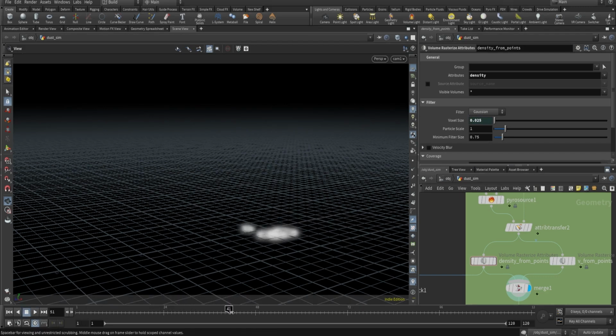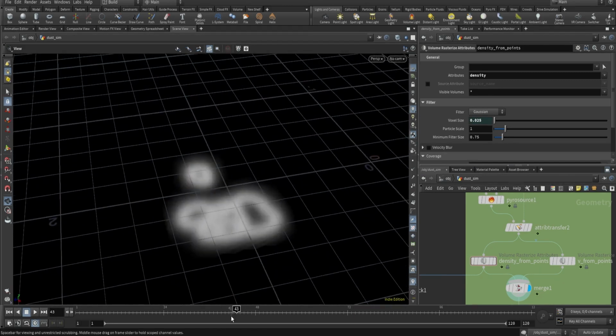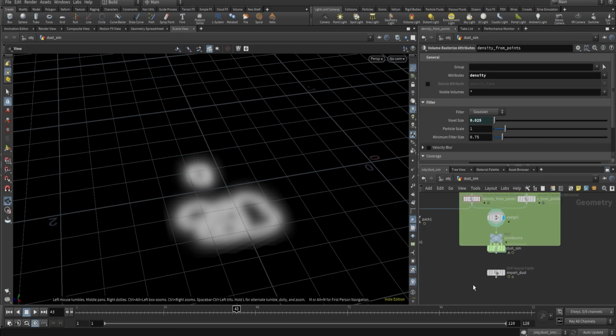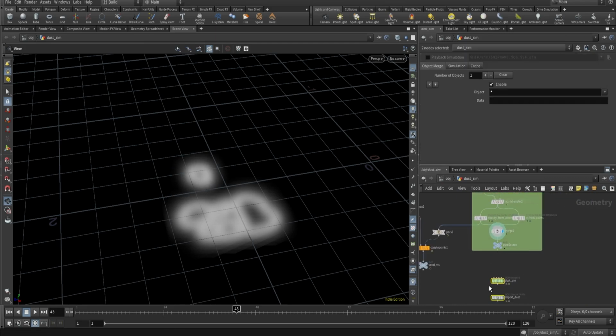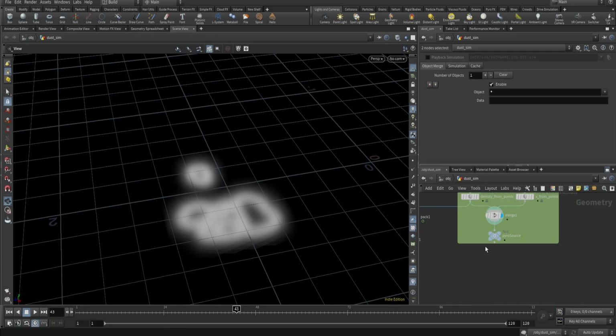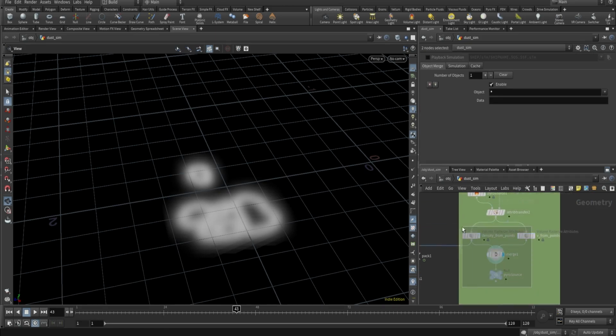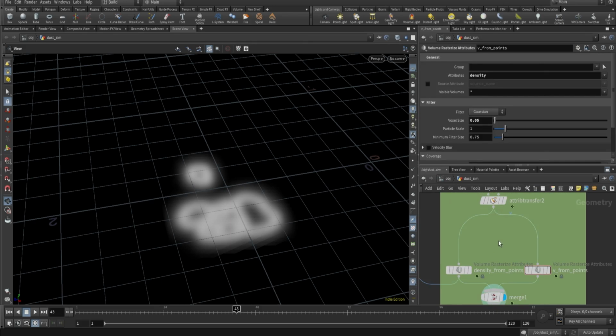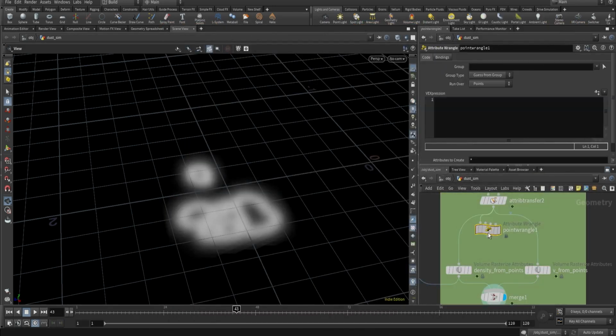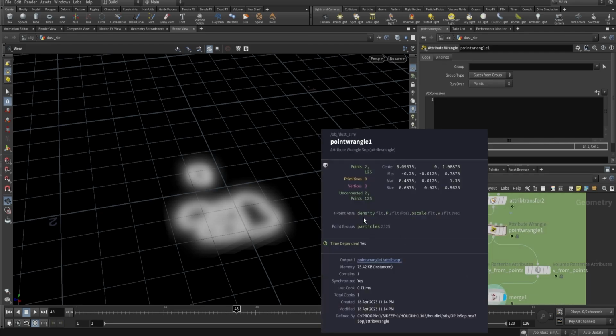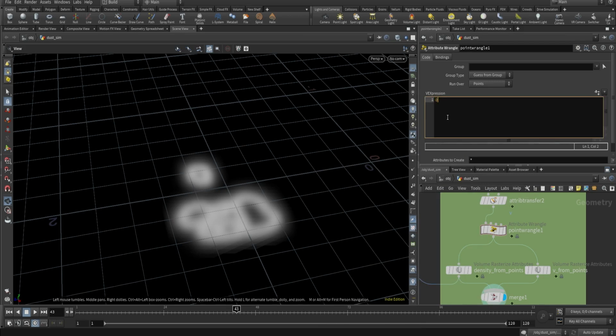Yep, and one more thing, as you can see it's stopped over here, right? So I don't want to emit smoke over here. For that, let's just make some room, as we will add some extra nodes over here. I was talking about the length, right? So let's use that. We will use point triangle. Right, so here if I middle click, I have that density attribute. So let's take advantage of that. We can manipulate density attribute over here. If I just type density